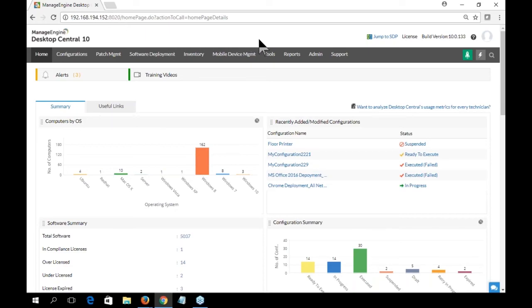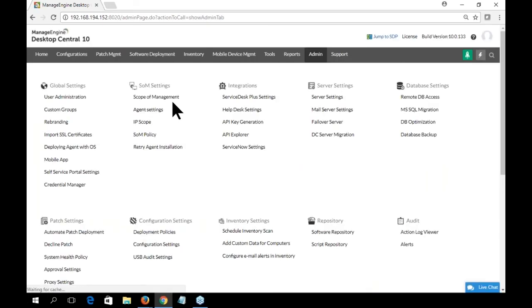And similarly, Desktop Central comes bundled with its web server, which is Apache, and the database is going to be the Postgres. And of course, if you would like to migrate the database to your dedicated SQL server, if you have one, certainly you can make it during the time of the installation or after the course of the product usage. Fine. So after installing the application, we recommend you to come to the admin tab,